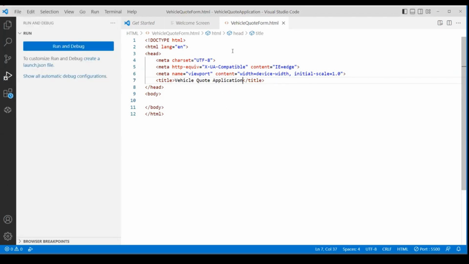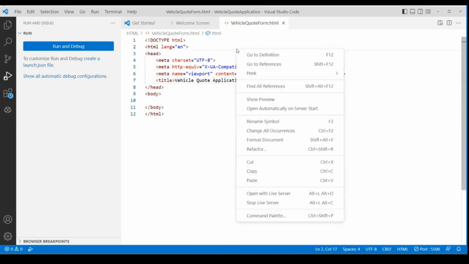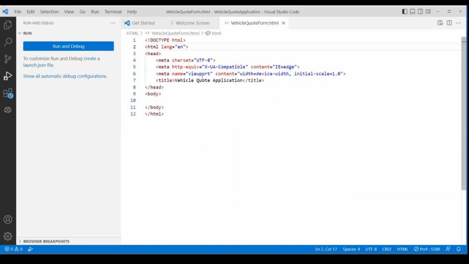Now, if we wanted to view this in a browser, it depends on what is installed with Visual Studio Code. In my case, if I right click, I've got an open with live server. So I'll be able to see that in a browser, and every time I make a change, it will view that. You may have where it says open in a browser or open in default browser. But the easiest way for us to do this, just to make sure that it works, is we will go to